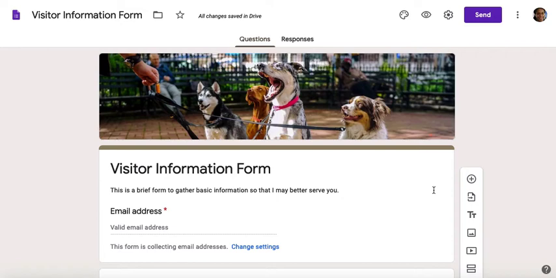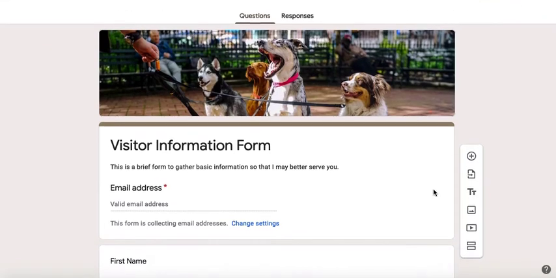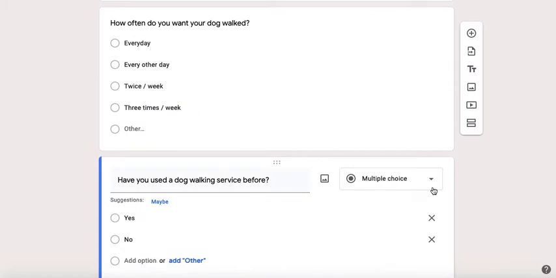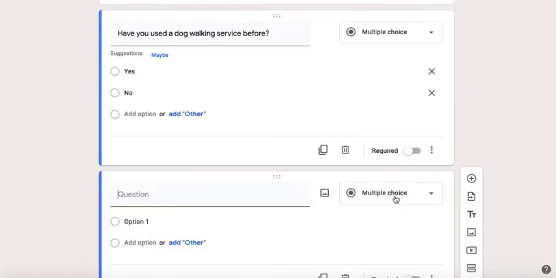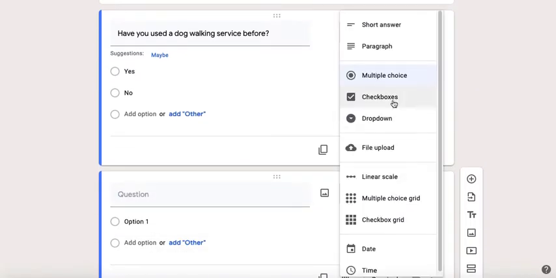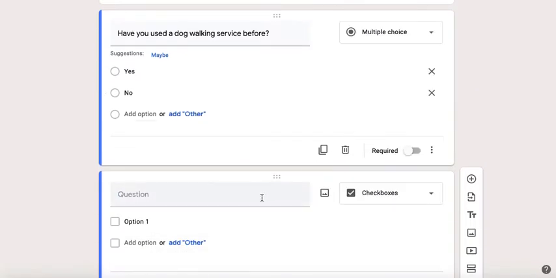Okay, so now we're going to try adding some additional form types. I'm going to scroll to the bottom. Let's add a new form type. Let's do, instead of multiple choice, checkbox. So here's where you can check off several possible answers. So a question might be,